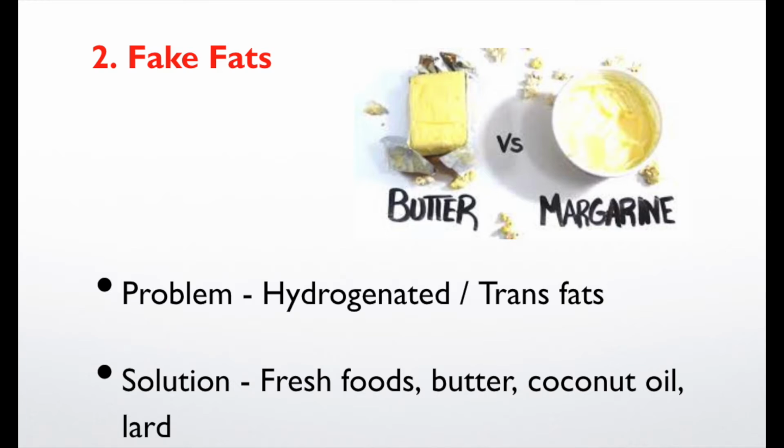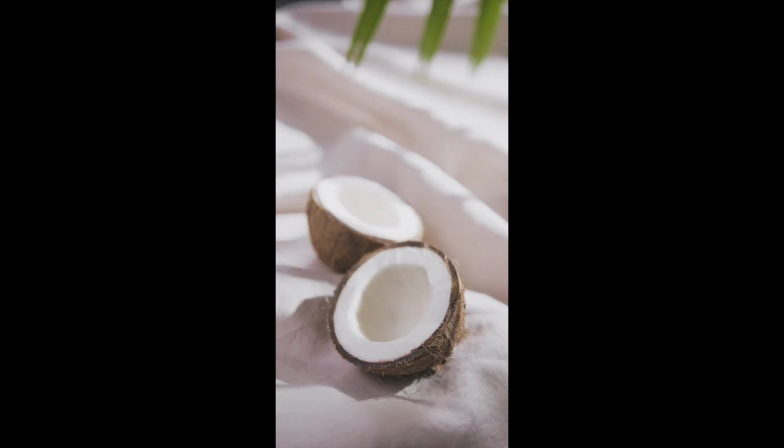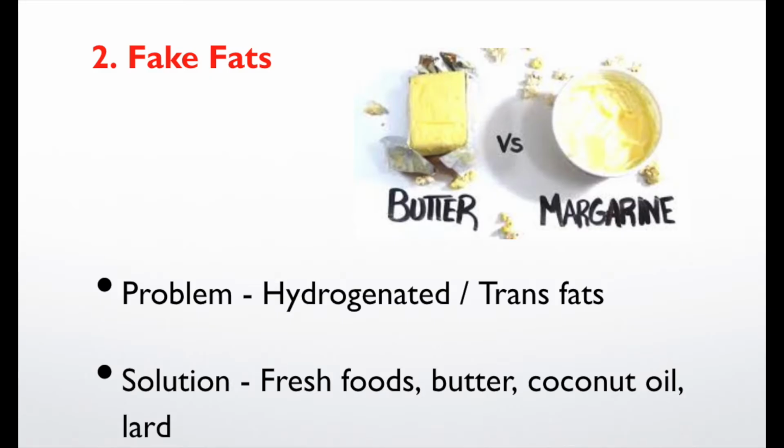But we can also choose coconut oil, and we can also use lard as well. And yes, it is high in saturated fats, but are saturated fats really that bad for you? And what about the health-giving properties that saturated fats contain that have been overlooked for many, many years? I guess that's a video for another day, because we can go pretty deep with this topic. But just to say, on the fake fats, we want to make sure that we're avoiding hydrogenated and trans fats as much as possible,